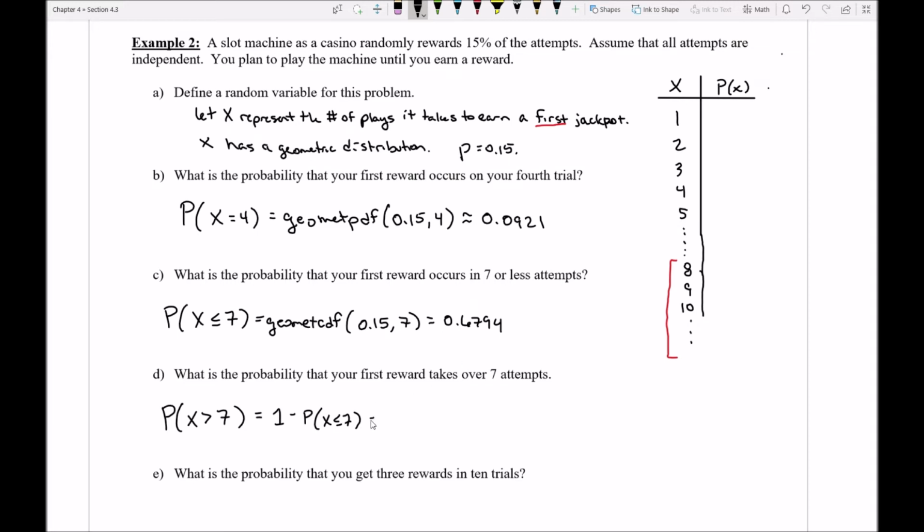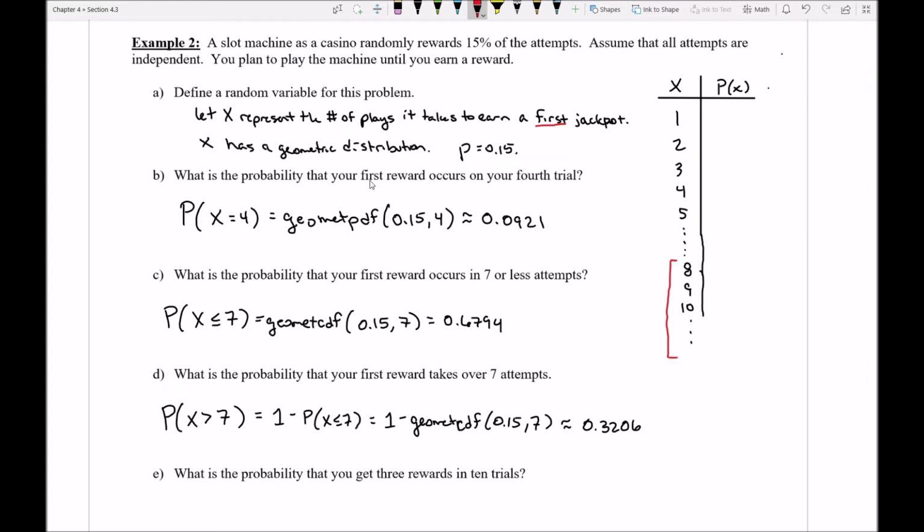Notice that means I can do 1 minus a geometric CDF of 0.15, comma 7. If I crunched all this out on the calculator, notice that's really just 1 minus my previous answer, and I would end up with a value like 0.3206. So again, in all these questions, I can still hear that common rhythm of what a geometric